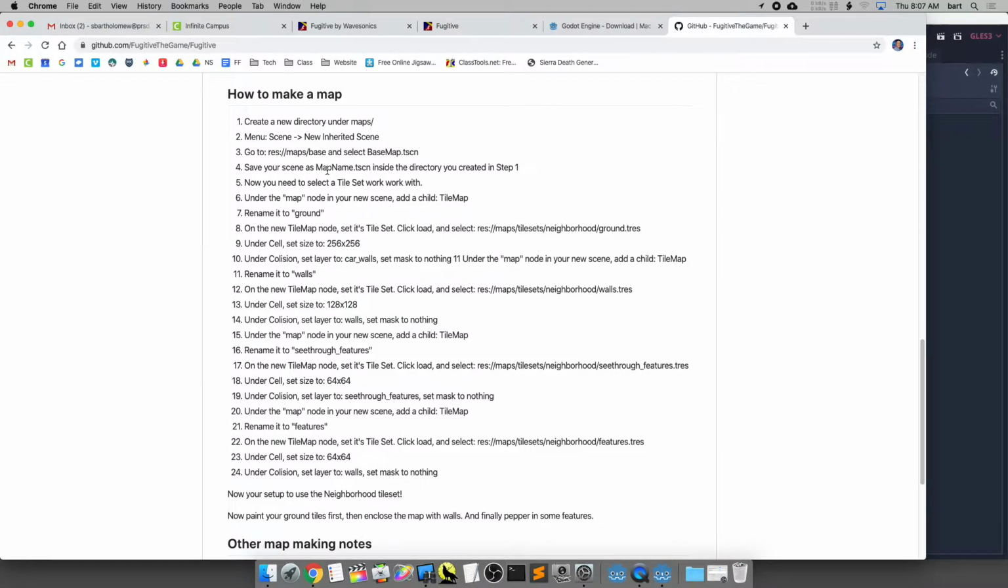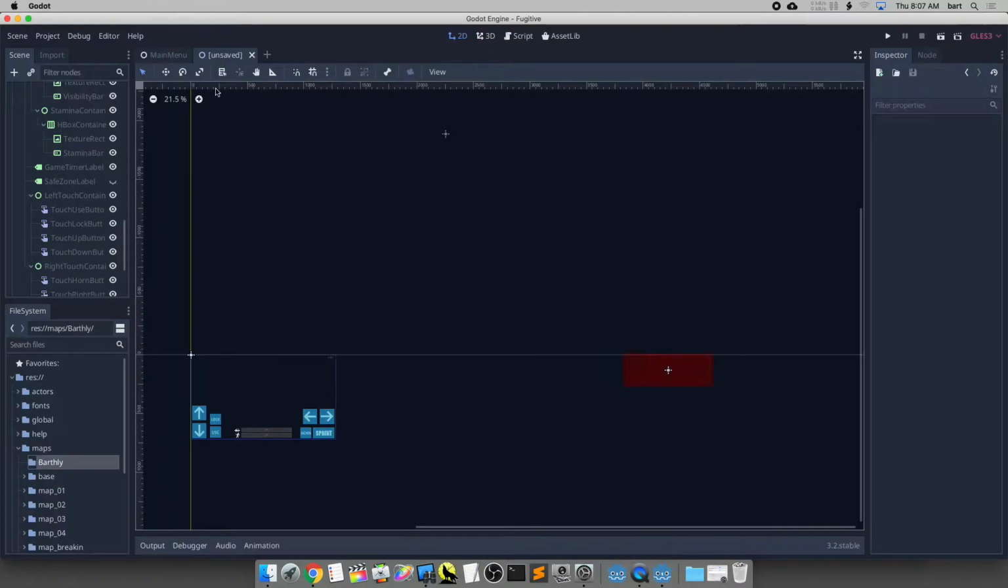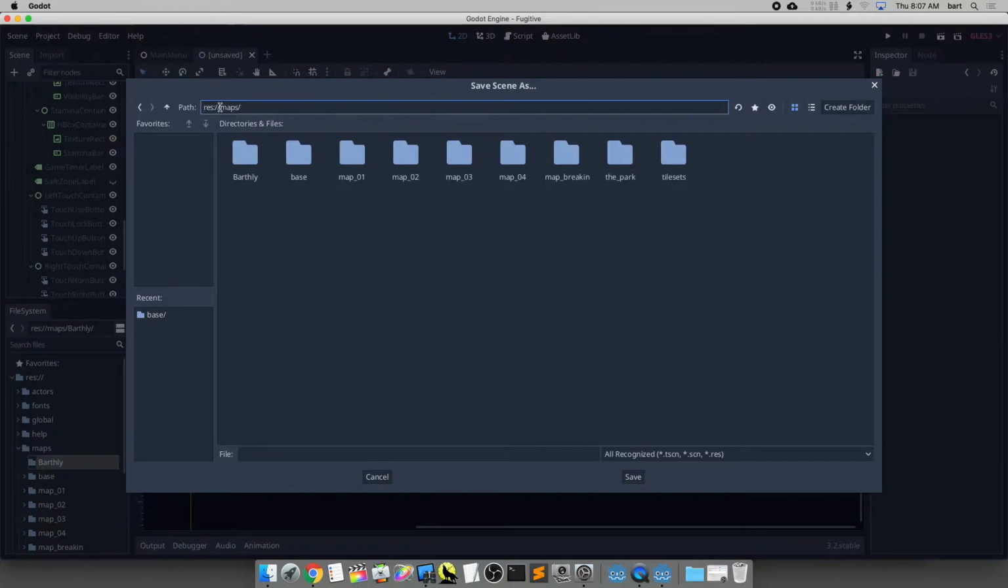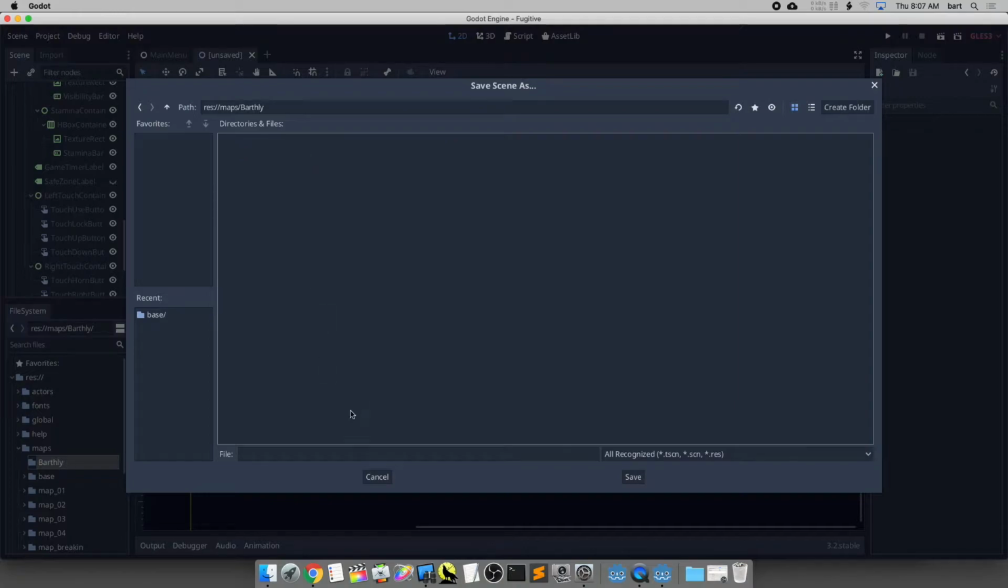Save your scene as map name inside the directory you created in step 1. So I want to save this because if you look at the top here, it's telling me this is unsaved. And I do want to save it in the Barthley folder that I created. So I'm going to hit Command S and make sure I'm in the right directory, which by default I'm not. I'm going to head over to the Barthley one and then save it as, I don't know,